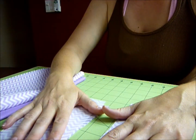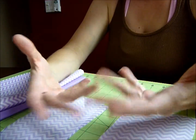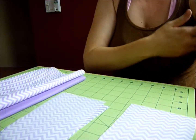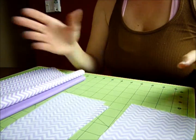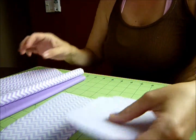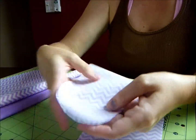And I forgot to tell you guys too, stuffing. You're gonna need stuffing for your pillow. Any kind of stuffing. I get like a soft, fluffy kind for pillows and plushes and stuff like that. So what I'm gonna do first is I'm going to sew